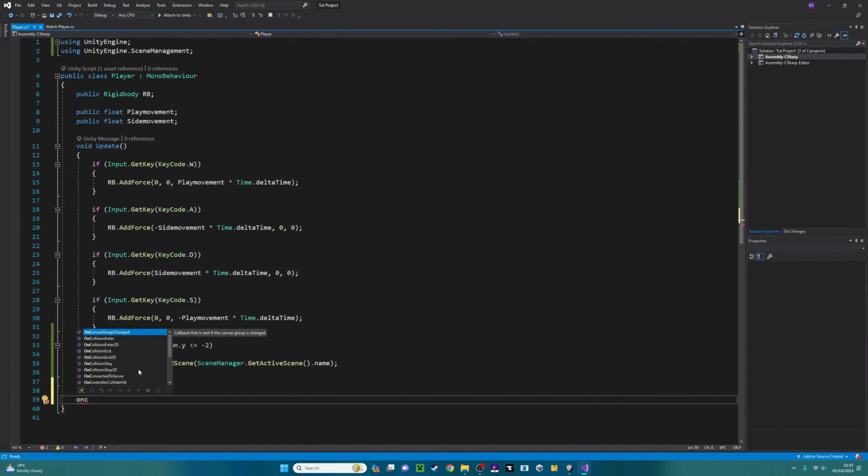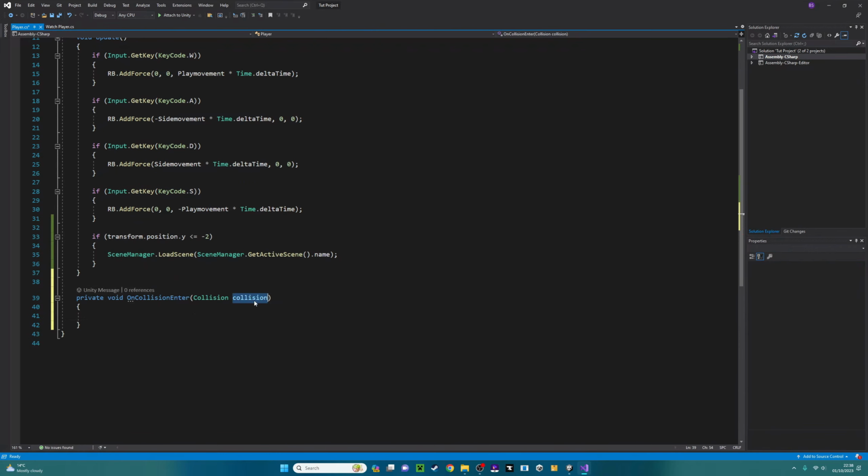On collision enter, those up at the top, called when the collider has begun touching another collider. So OnCollisionEnter, and then Collision info, and then collisionInfo dot